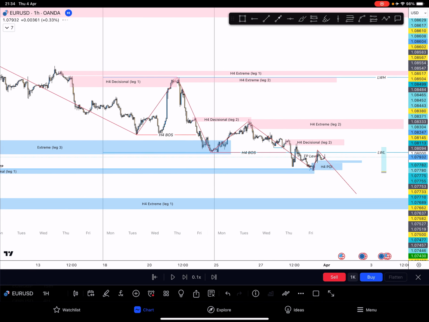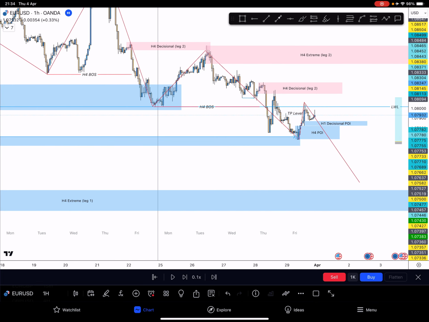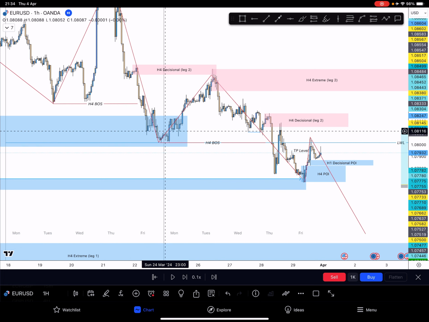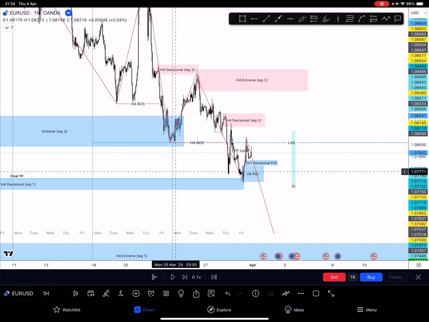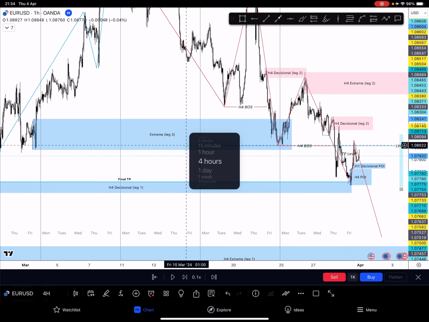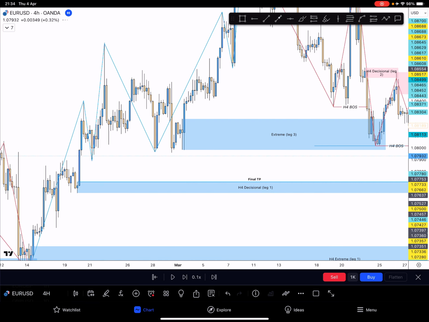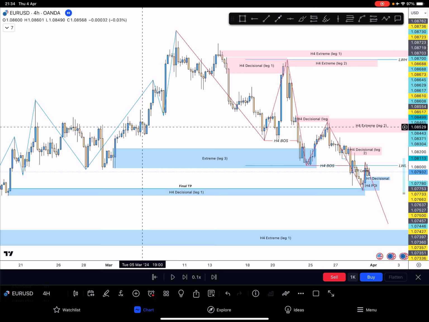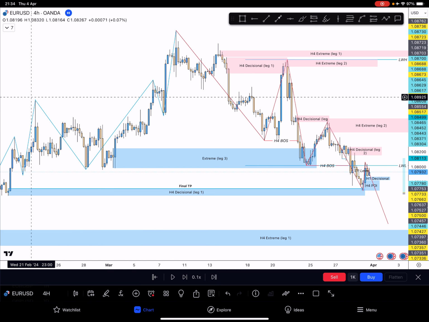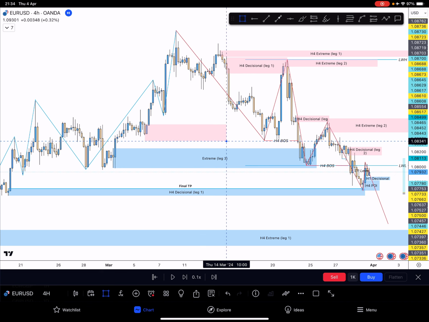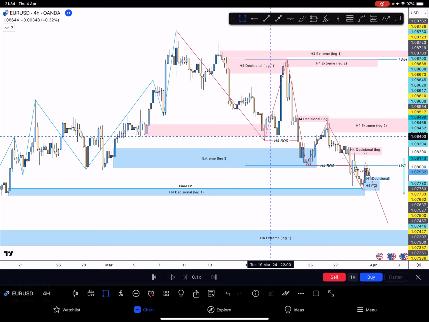So now let's dive into last week. Last week, Monday, what happened? Price came into our extreme leg of H4. If I go back to H4, you'll see this extreme leg. What do I mean by that? The extreme of this leg is the extreme point of interest. This is the decisional, because this point led to the breaking of this. So if you mark this out, you'll see that price also reacted from here. You see that?